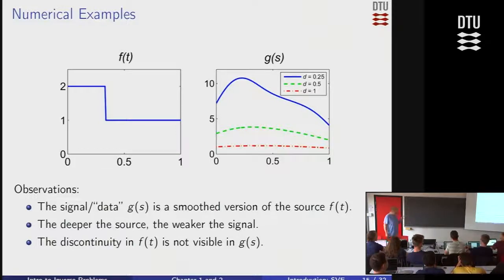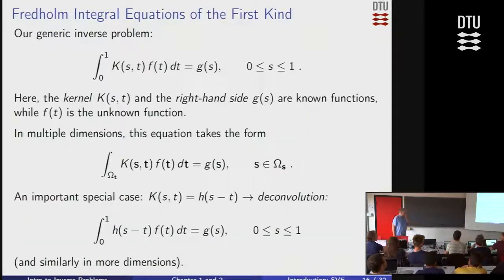We'll look into what is the actual mechanism behind that in a little while. But first, a bit more introductory stuff here. Right. So again, the kind of problems we'll be looking at here, at least in the first half of the course, are these Fredholm Integral Equations of the first kind of that form there. And again, I remind you that what is known here, when we write it like that, is the right-hand side g of s. That's our data. And in fact, it may be perturbed by measurement errors or other types of errors.